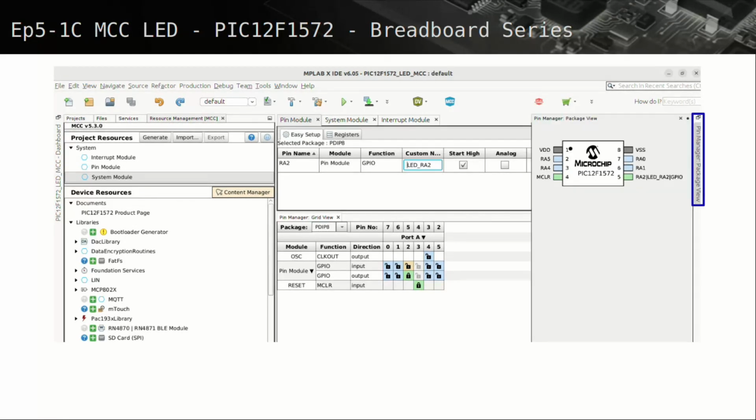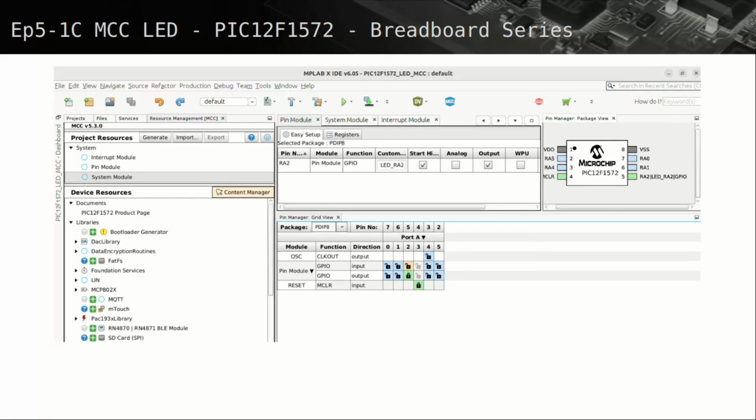Next we can select the Pin Manager Package Viewer tab. Select the dock symbol to dock into position. This is not only a graphical representation of the PIC device's setup, but also allows modification to pins from here. But we will look at this when setting up the LED on pin 3 RA4 in the next part of